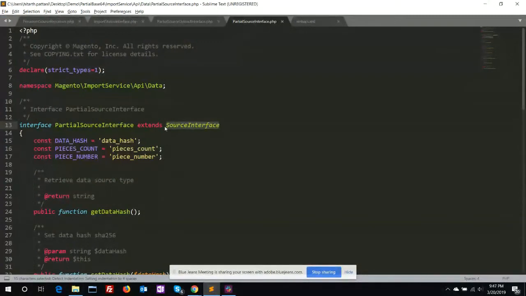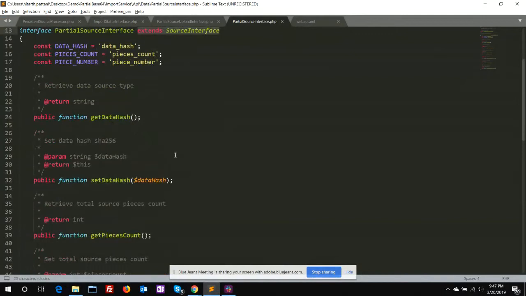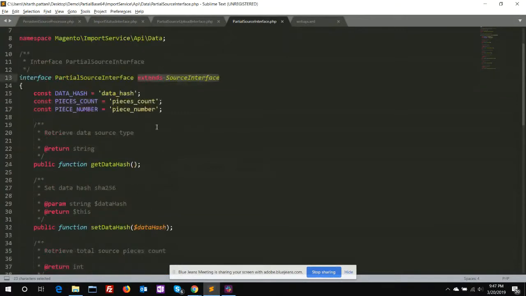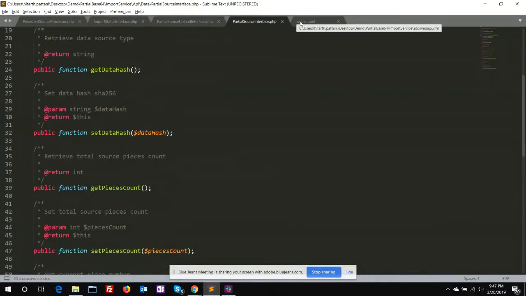I know it's not advisable to extend any of the classes or interfaces into another class, but later on I found there are redundant fields already implemented in the source interface, which we can use to save the data into the database for the tables and all this stuff. So I find this is the best way to just introduce these new fields